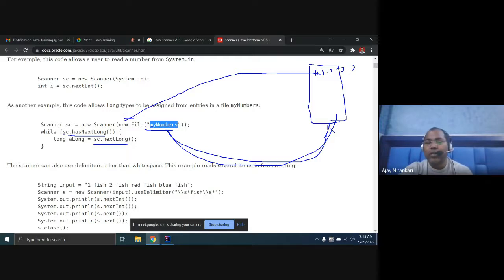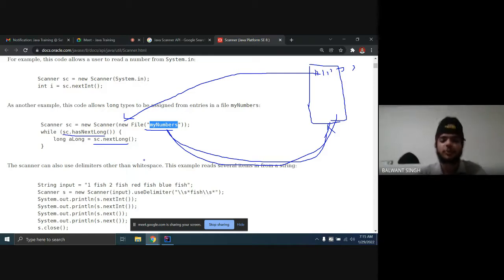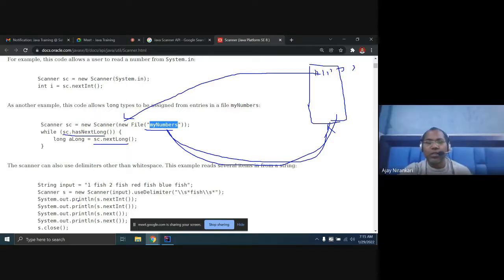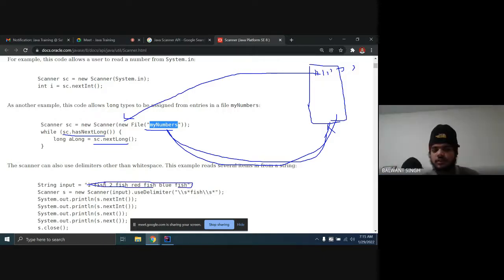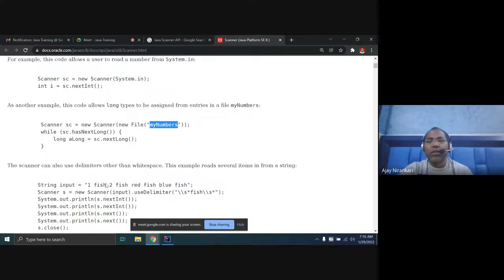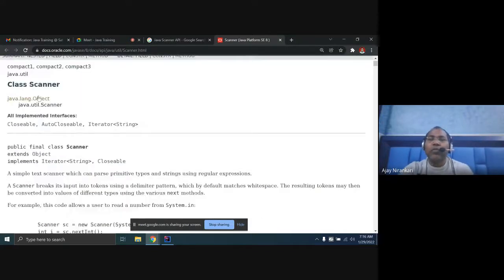Sir, tomorrow we will also discuss whether the Scanner class can read characters, like the next character. In the word fish, we can read the first character f, then i, then s, then h, character by character. Surely you will try lots of things. Look, whatever you can do, there is no magic. Whatever this class facility offers you, only those kinds of things you can do.